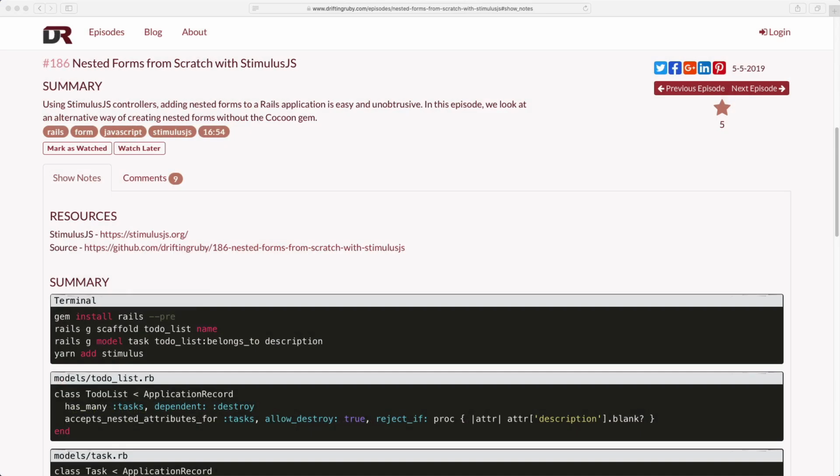Welcome to episode 186. We cover nested forms from scratch with Stimulus.js. And I found myself referring back to this episode quite a bit on newer applications, bringing in this functionality into those apps. And whenever I find myself copying and pasting from one application to another, then that's usually a good indication that the logic that I'm copying over could be extracted into a gem, or in this case, a JavaScript